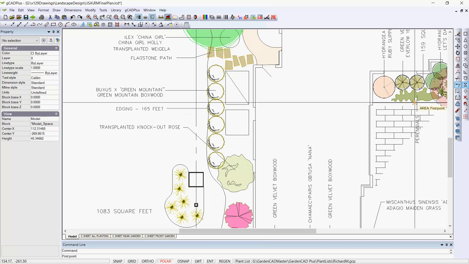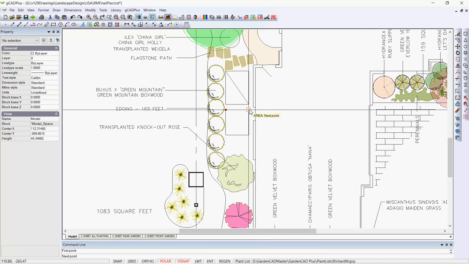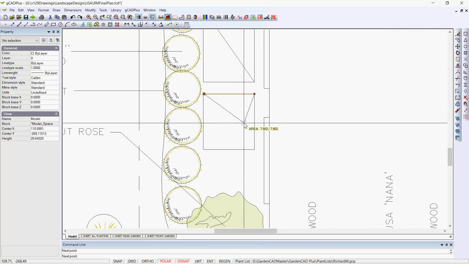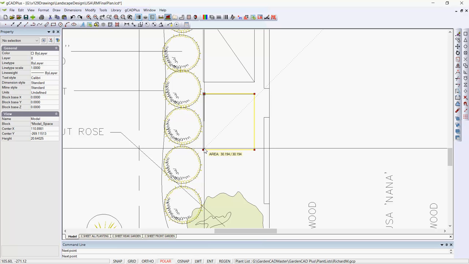So we can pick one point and then use an end OSNAP to here. Notice how the yellow line is being drawn, so I can come here and then go across to this point here, so that it provides you with a running total of an area, but the yellow line doesn't go into the drawing proper, and the information that comes from both of these is reported on screen and down in the